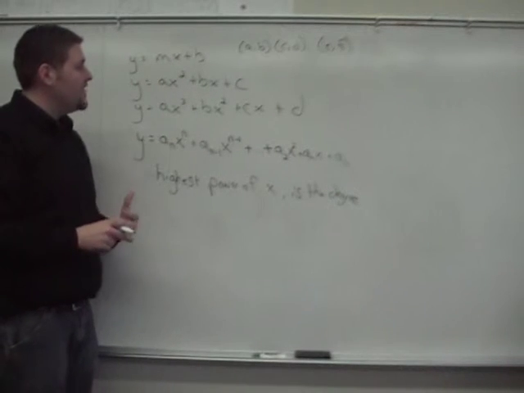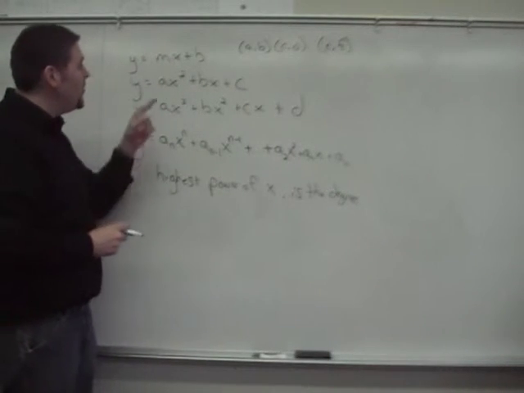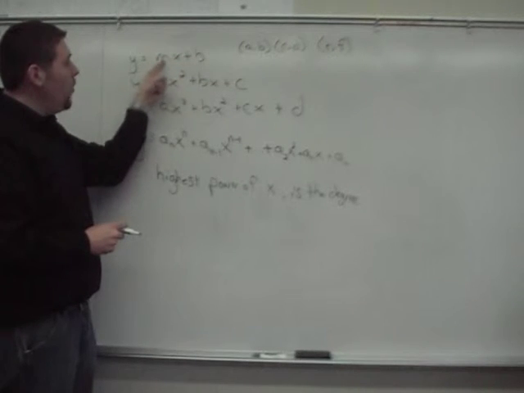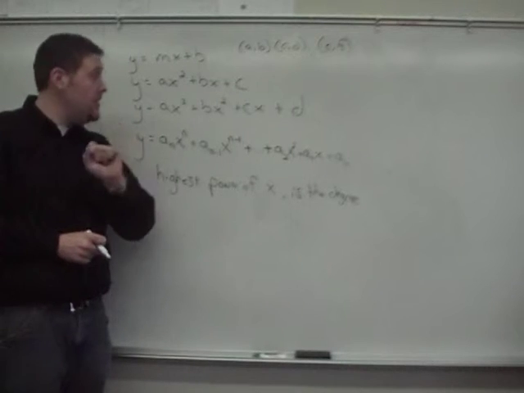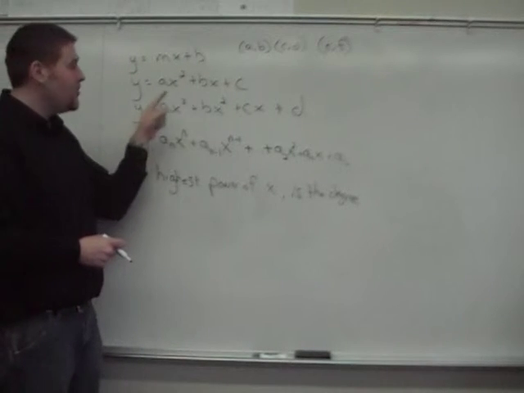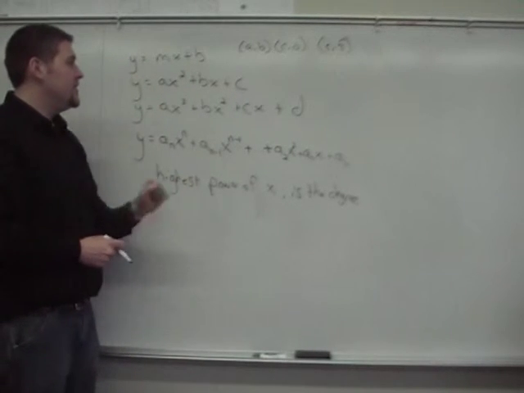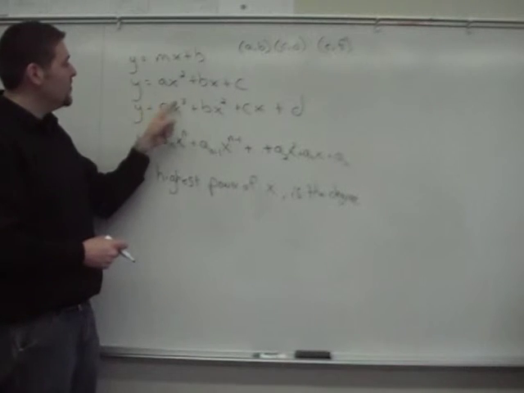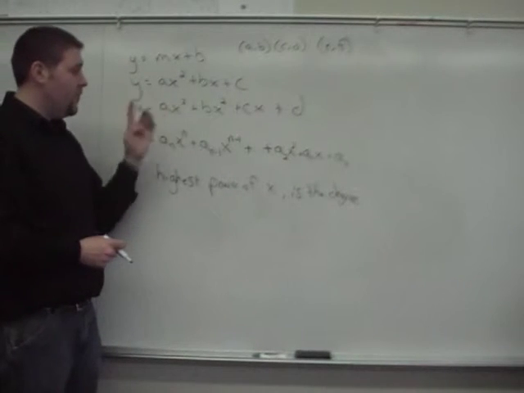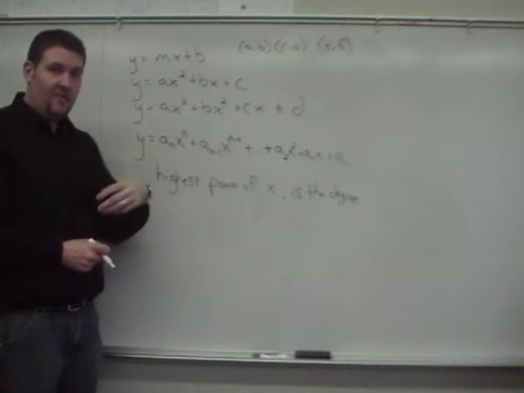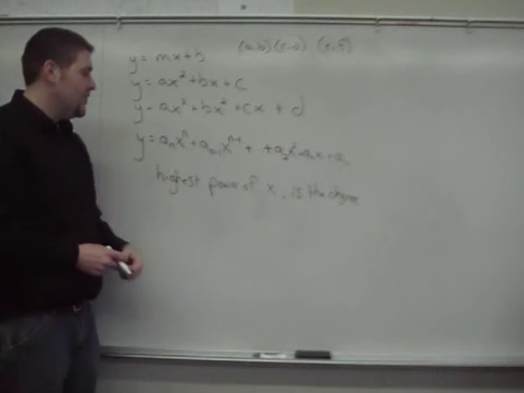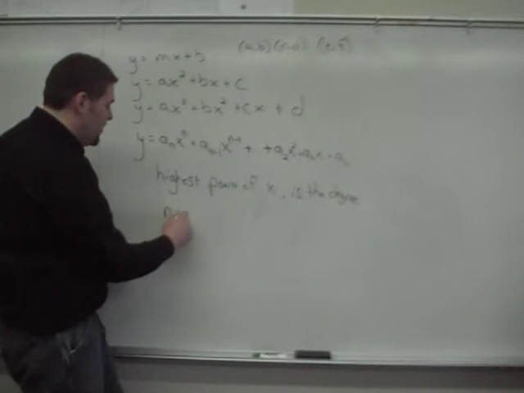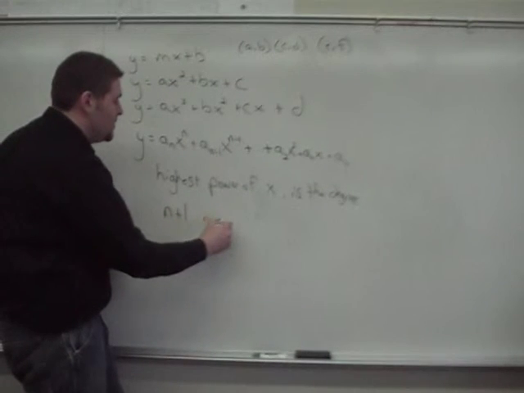Okay, and a couple more things that go with this. As you were seeing in the pattern, we always needed one more coordinate than the degree of the function. This linear function, which is degree 1, needed 2 coordinates. This quadratic, which is degree 2, needs 3 coordinates. This degree 3 cubic needs 4 coordinates. The 4th would need 5 coordinates. The 6th would need 7 coordinates. The 8th would need 9. Right? So we always need n plus 1 coordinates